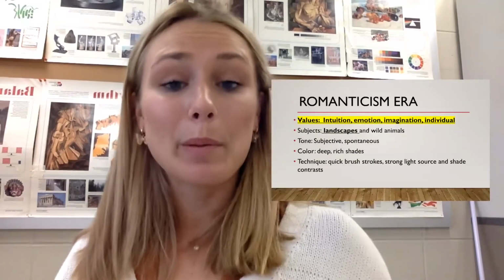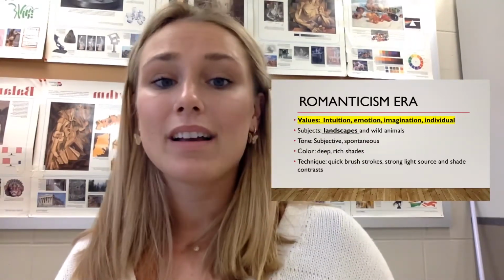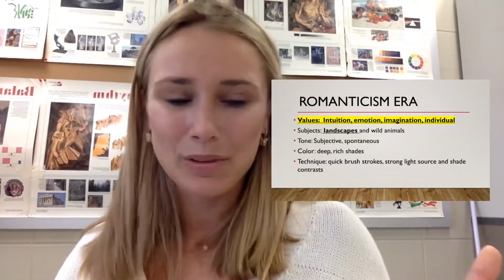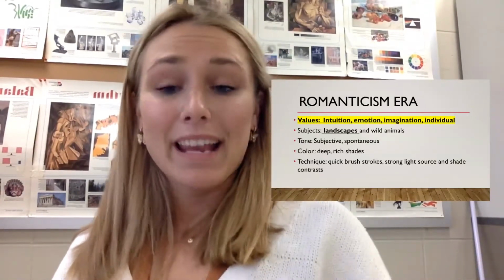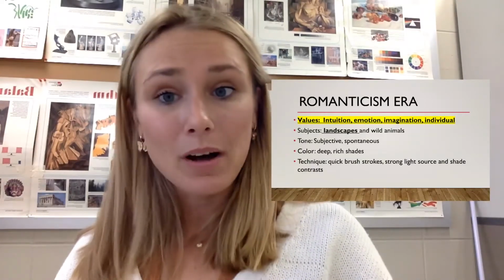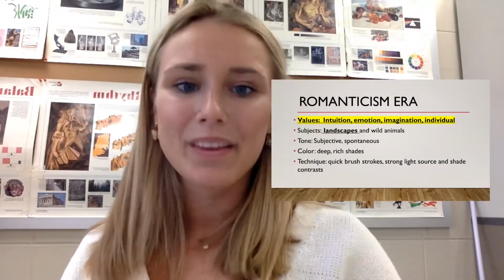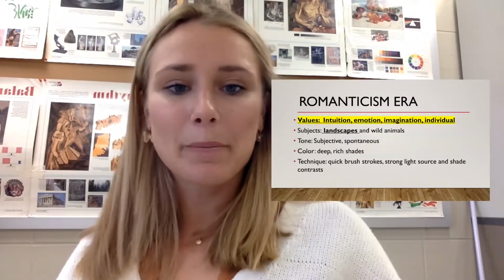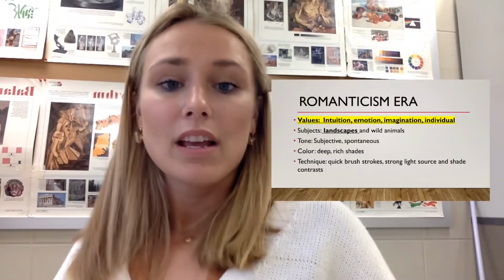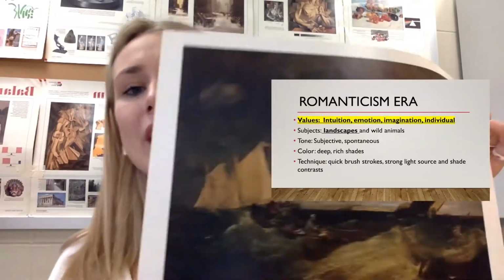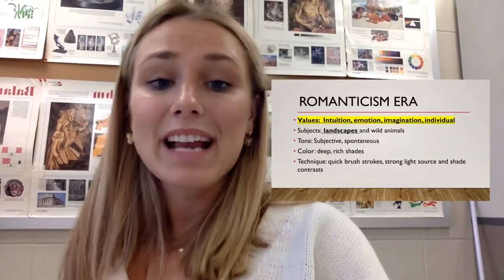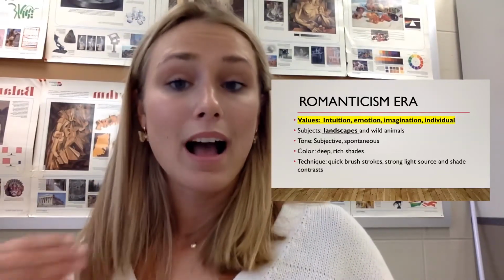And then to do a little bit more of a review, in the Romanticism era, the values are intuition, emotion, imagination, and this has everything to do with the individual. In the paintings, we're looking at landscapes and wild animals, so everything to do with nature. The tone is subjective and spontaneous, so we'll talk about that as we're looking at these paintings. The colors are deep, rich shades, just something that we talked about in class a lot. And the technique is quick brush strokes, so you can connect that actually to how I provided that video of